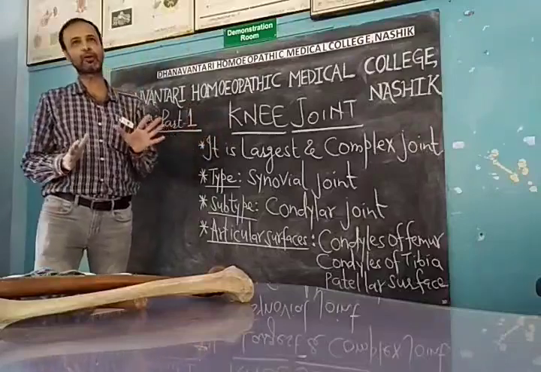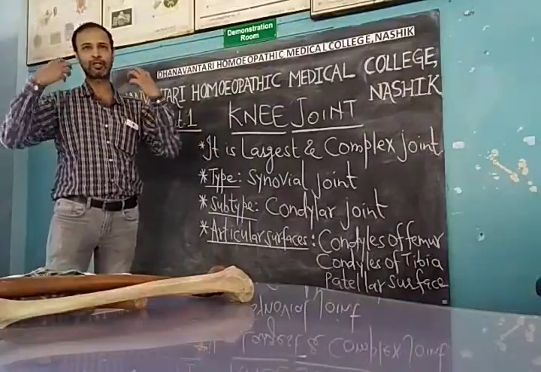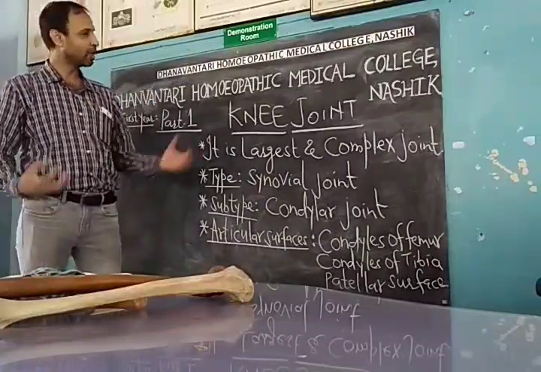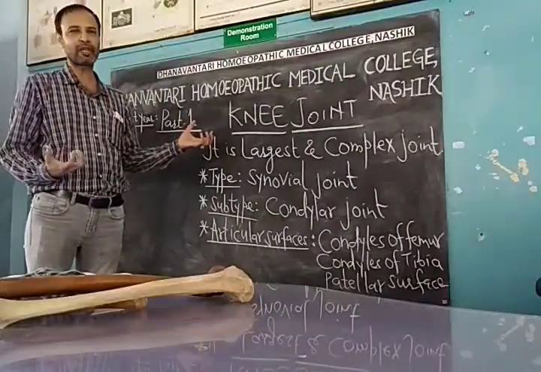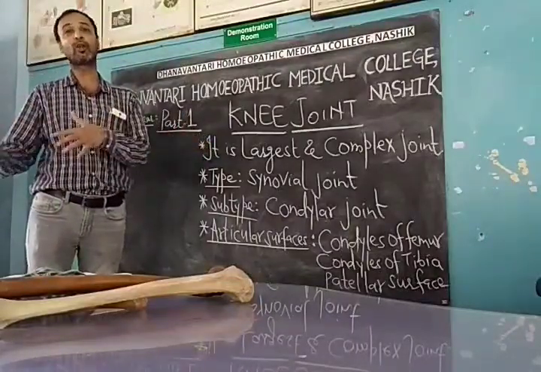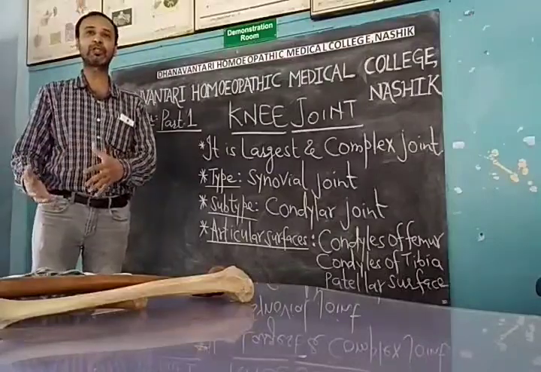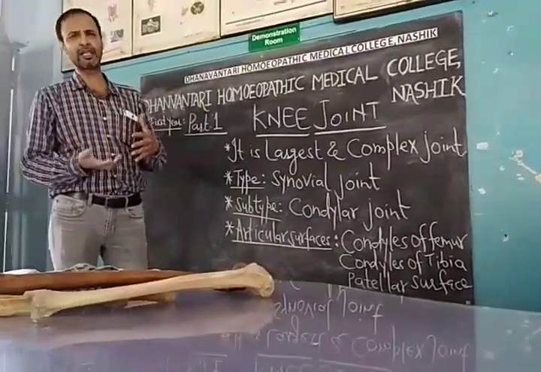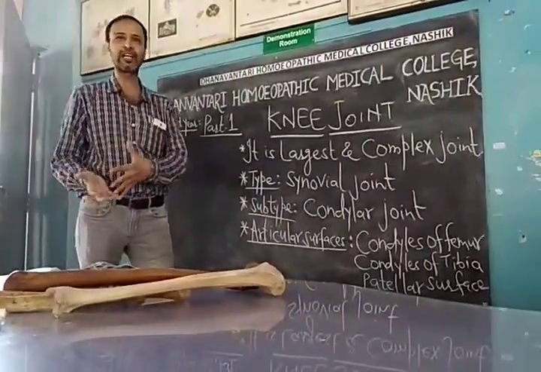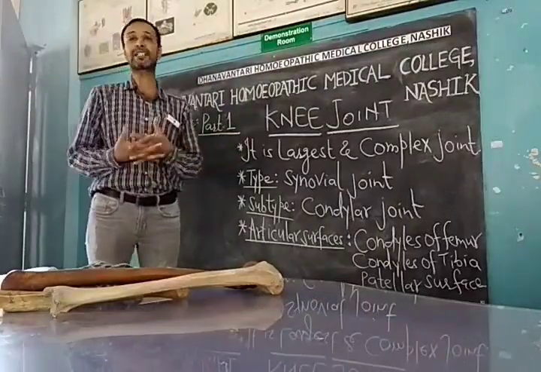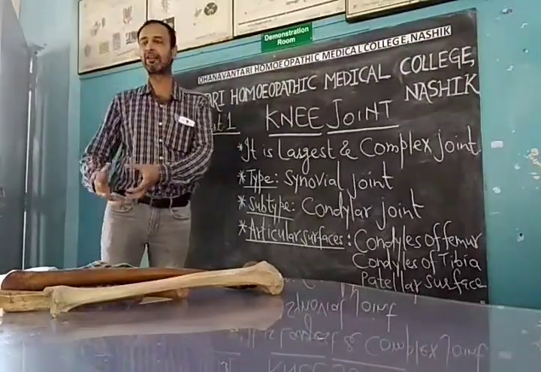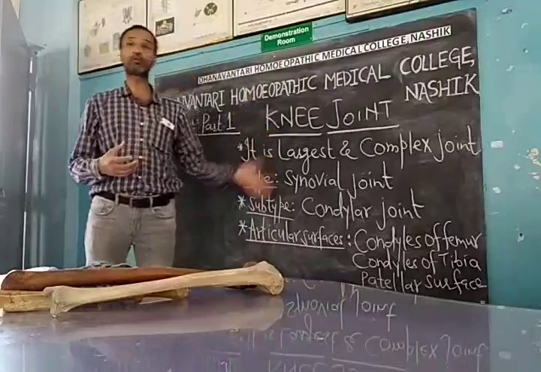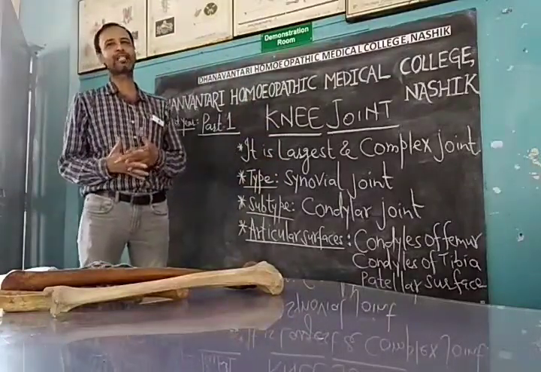The knee joint is a very important part of the body because, as we know, it bears the whole body weight towards the ground. It is also very common in old age, where patients often complain of arthritis and swelling of the knee joints. Clinically it is important because many diseases are related to it. Also, in severe accidents there can be twisting or injury to the ligaments. That's the reason we have to learn the anatomy of the knee joint; it is very essential.